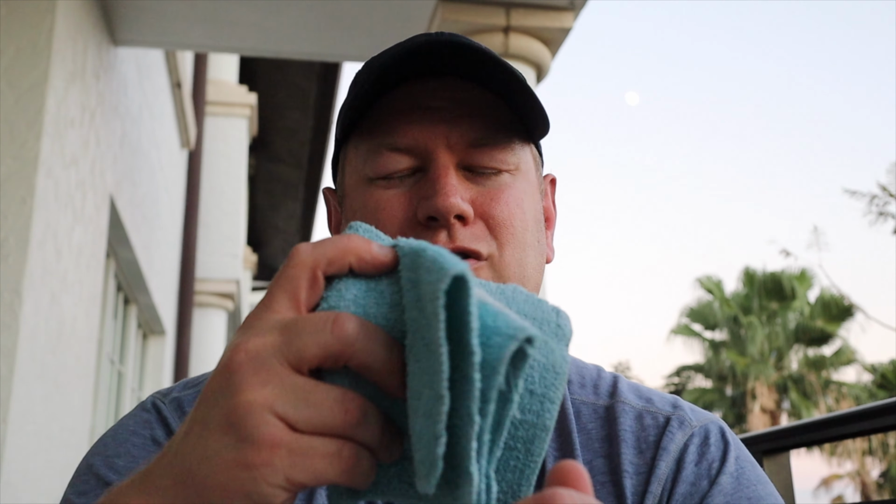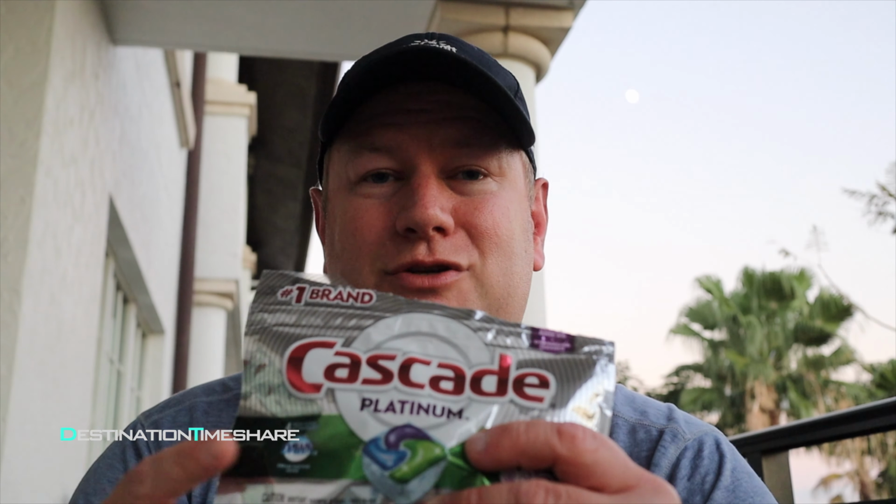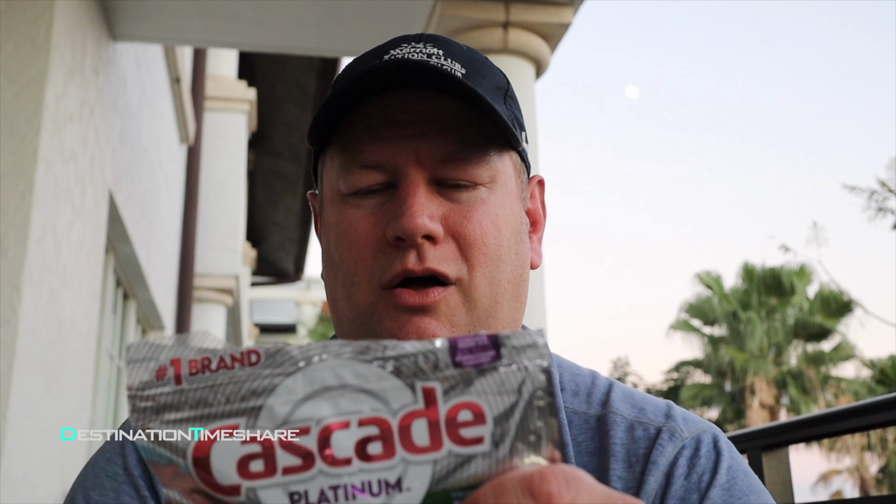room. I do also bring along some of my own dishcloths, because most timeshare resorts, they'll only give you like one dishcloth to clean dishes in the sink. I like to have a few, so I pack a couple of those of my own as well. I do bring along my own fabric softener sheets, so when we're using the dryer, we have those. And anytime they have leftover Cascade, leftover dishwashing tablets, I tend to keep those as well, and I've kind of